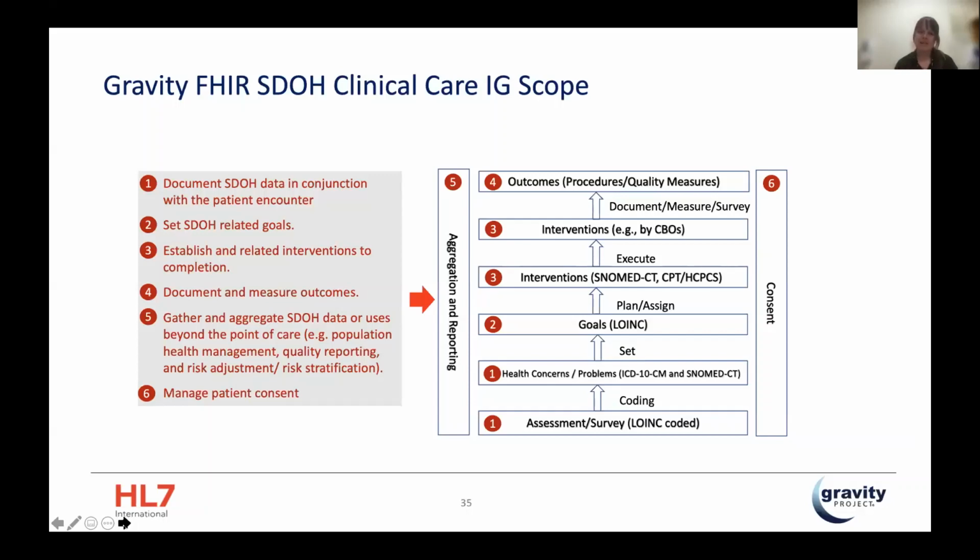They add documenting and measuring outcomes. This is both to enable quality measures and to make sure that when you identify a goal associated with a problem, you're actually achieving the outcome you intend to achieve. There's that same aggregation of information use case as well. This is all within the IG. And again, managing patient consent. So across every single phase, again, from a social justice perspective, always trying to figure out what information needs to be exchanged, how is patient consent established, every single movement of information across different settings.